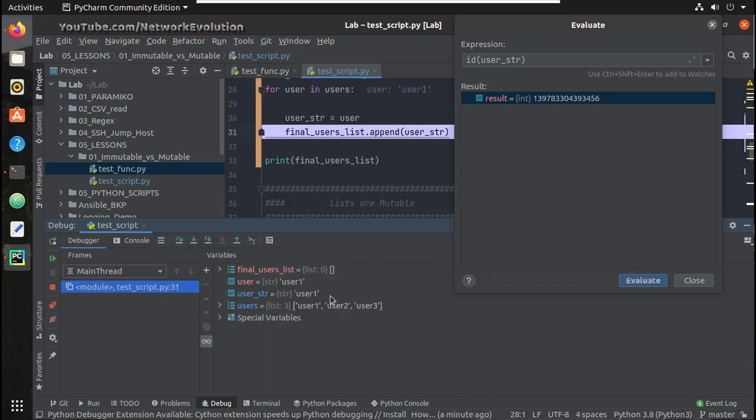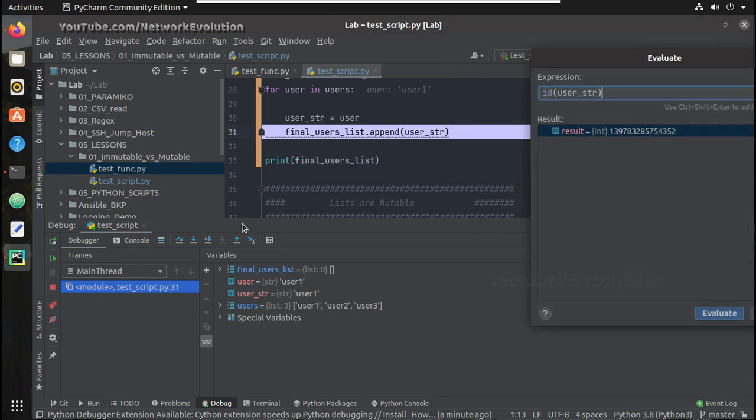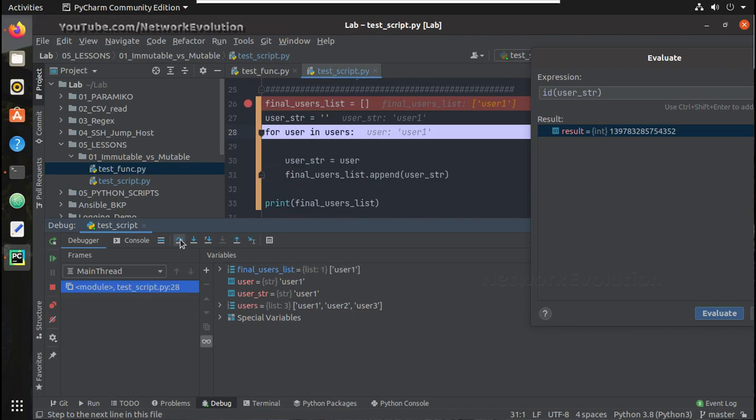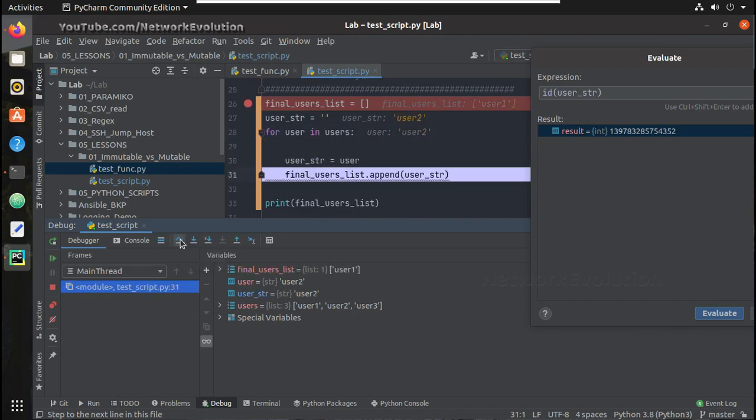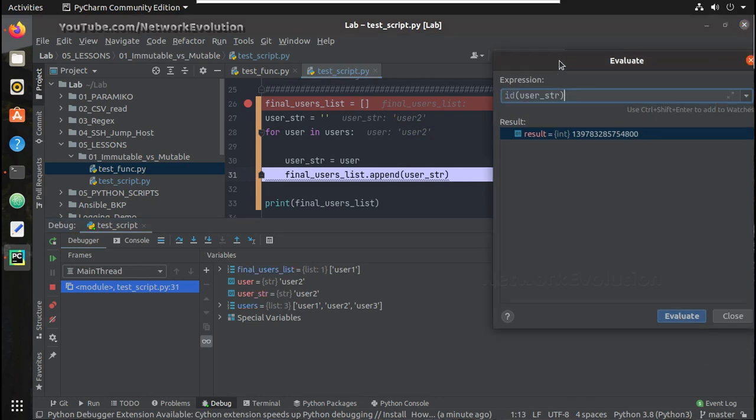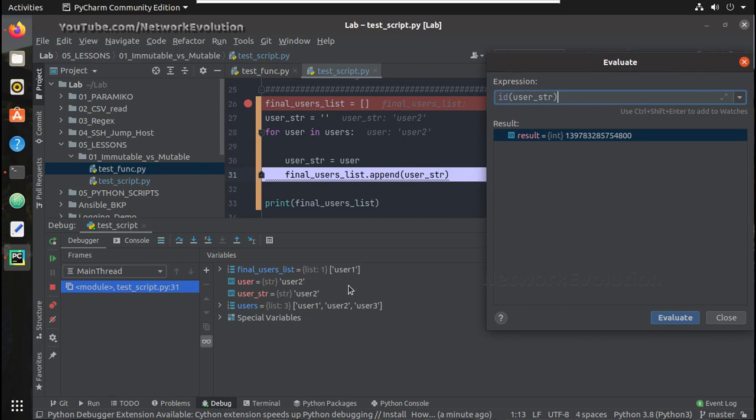Now user string has been updated. You can see here now user 1 is the user string data. If you see the ID, it is changed to 4352. And now it is user 2. It is 4800. The ID became 4800.